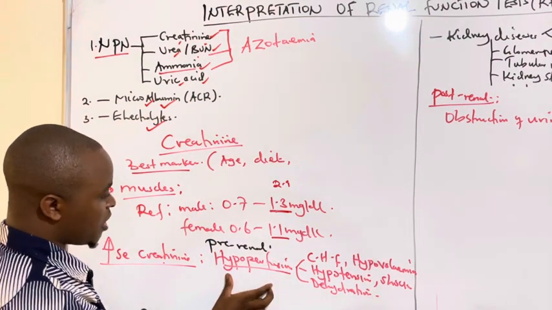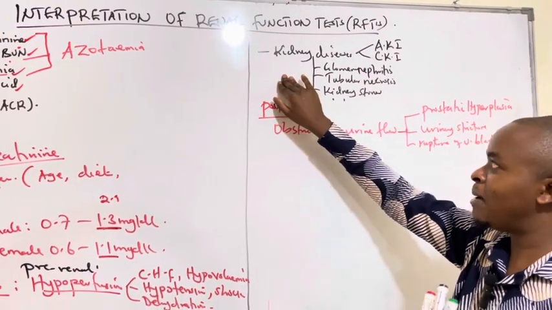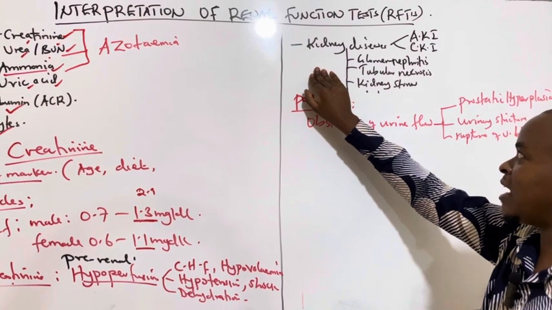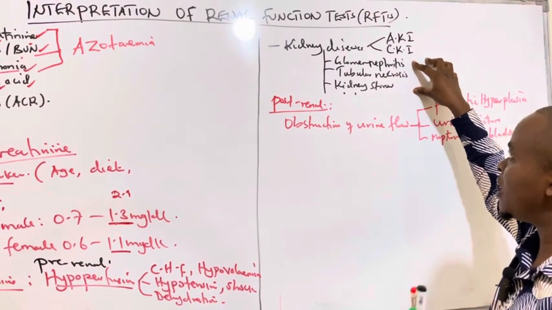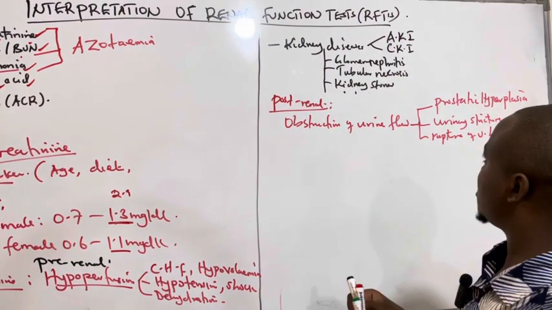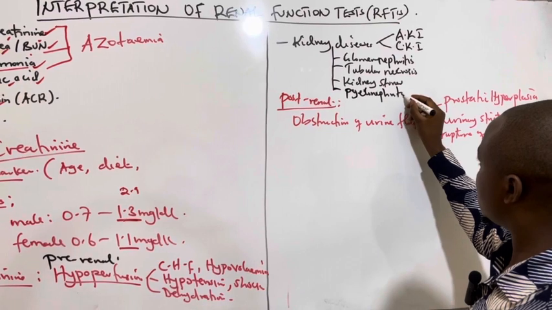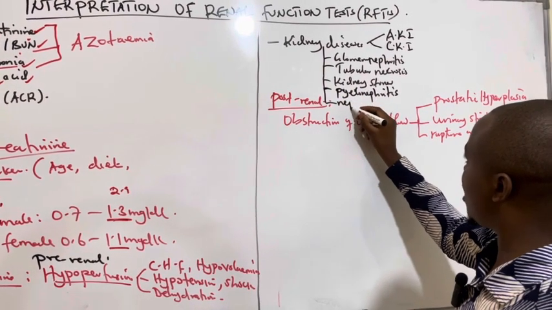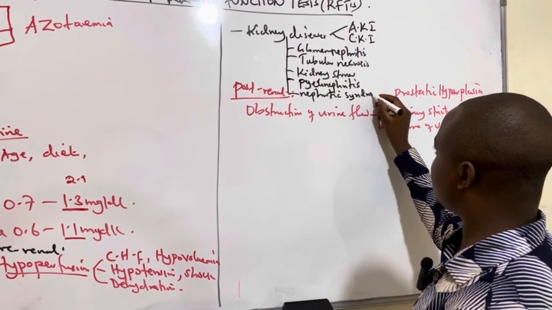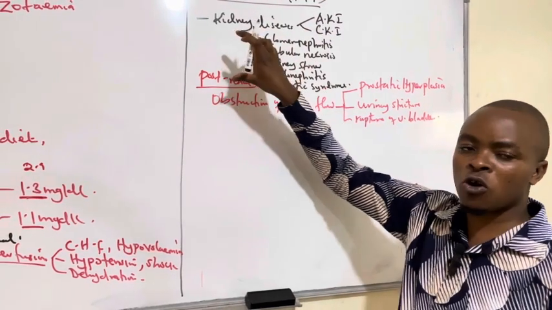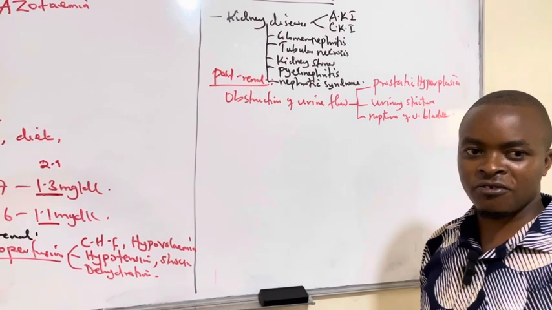So these ones are the pre-renal azotemia. This can also be the cause of renal azotemia, whereby both urea and creatinine are elevated. We see all of them in these kidney diseases, including nephrotic syndrome and pyelonephritis. We can also see nephrotic syndrome, where we find proteins in urine. So all these diseases are what we call renal azotemia, or causes of elevated both creatinine and urea, or blood